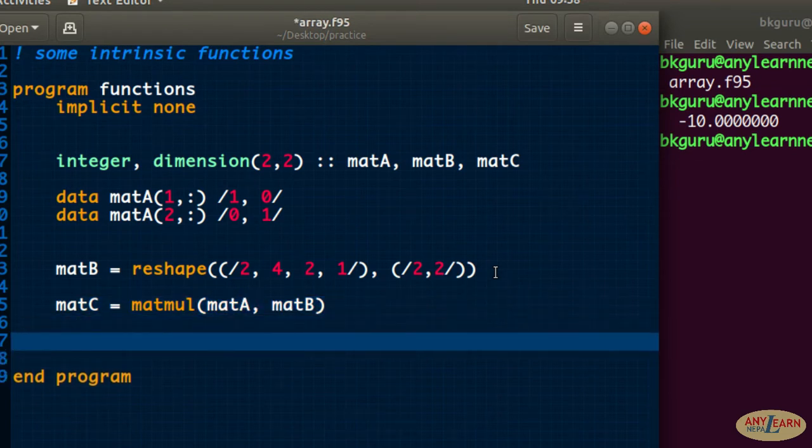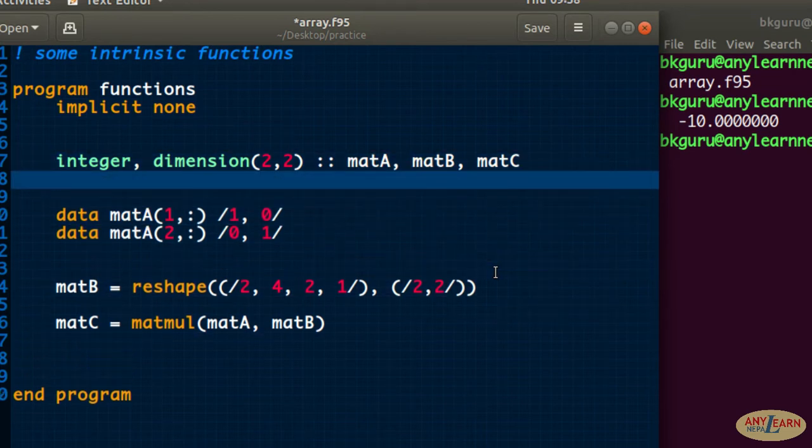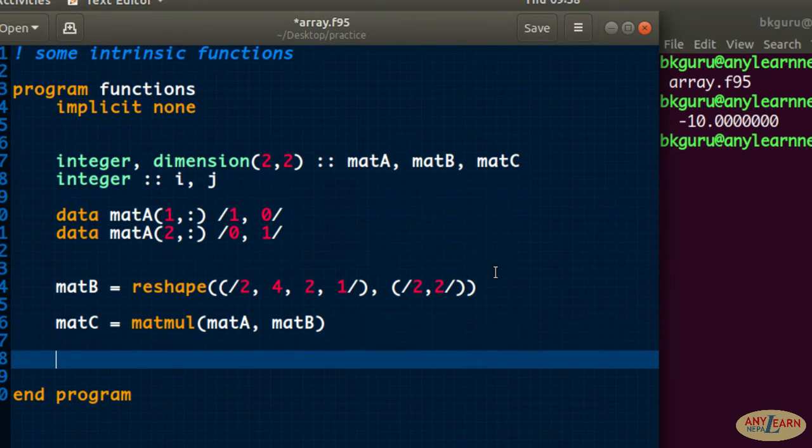Now let me print out all the matrices, and for that I will create a loop. I need two integer variables, i and j, and let me print out all the matrices.